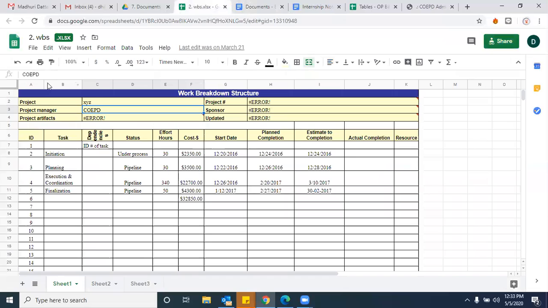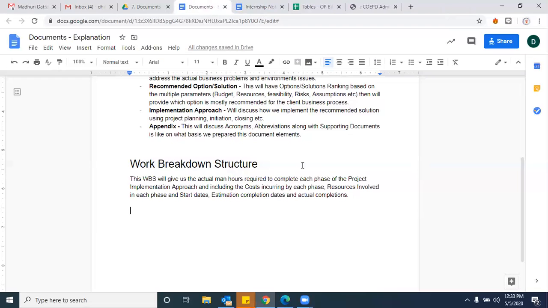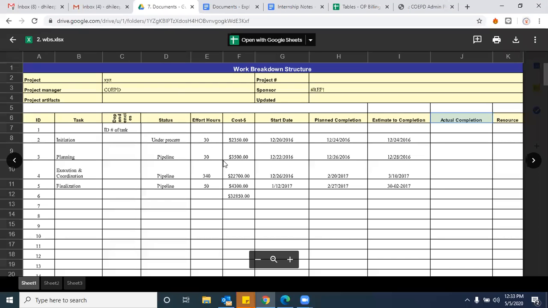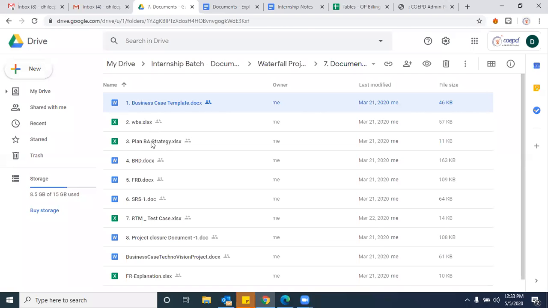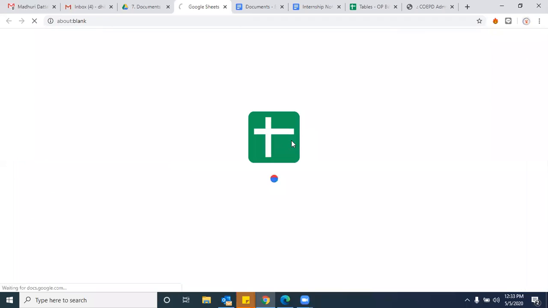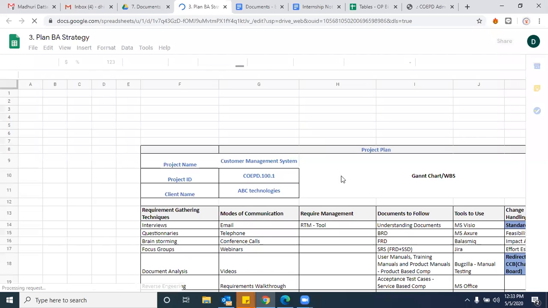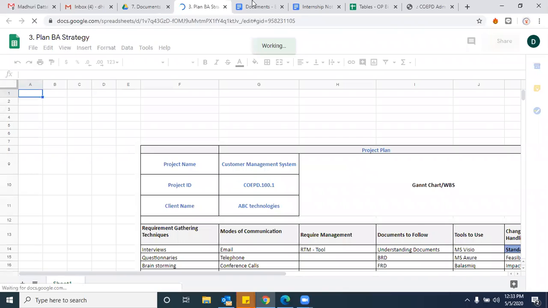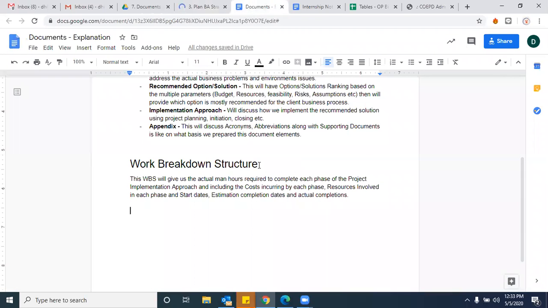Yes, work breakdown structure is clear so far, right? Yeah. Guys, you want some break? Fine, actually. Okay, only one document, this planning BA strategy, will complete, and then we'll stop this discussion today. Tomorrow we'll discuss BRD and all. Hardly it will take another 15 minutes, then we will take a leave. Clear? Yeah. And if you have any questions, why can't you, yeah,